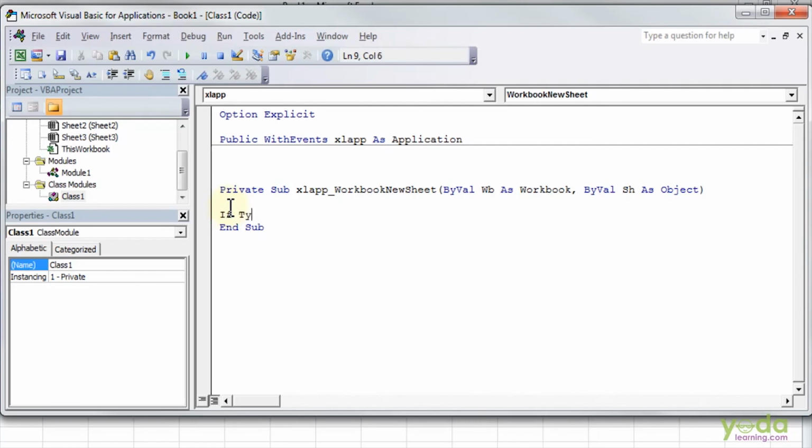If TypeName(Sh) = "Worksheet" Then Sh.PageSetup.CenterHeader = "ABC, Incorporation".